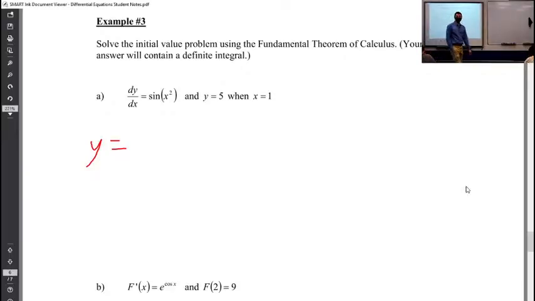In fact, we don't know how to do these antiderivatives, so don't even worry about them. What we're going to do, I'm going to show you how to do part A, and then you're going to do part B. I'll just tell you what the answer is, and then I'll talk about why that's the answer. I want to make sure you understand why that's the answer, and then it's going to be really easy to do any of the other problems we run into. The answer to this problem